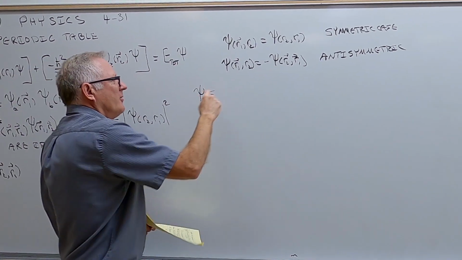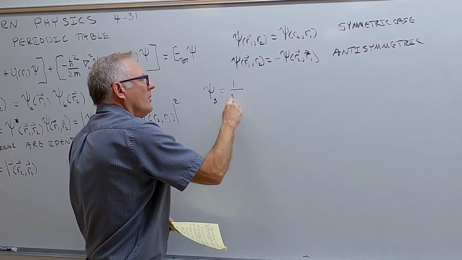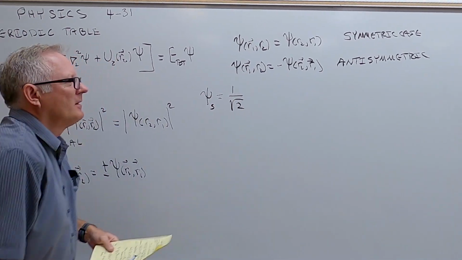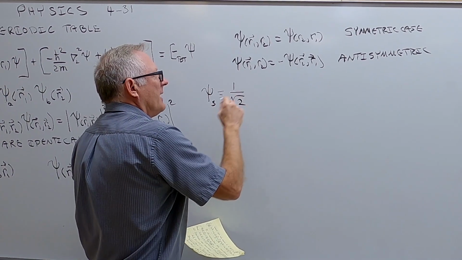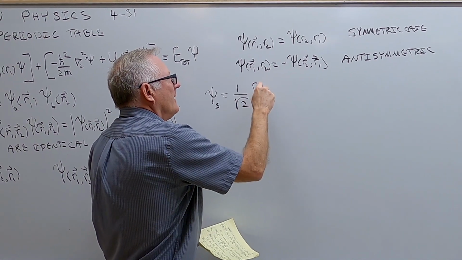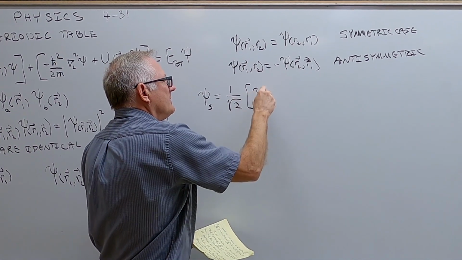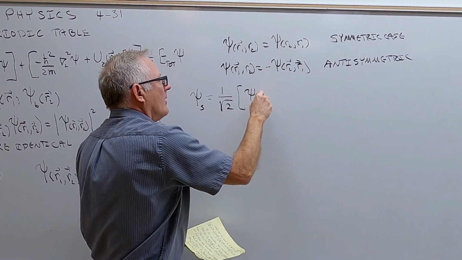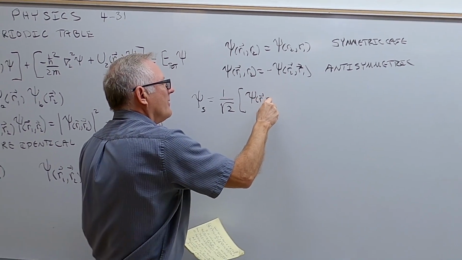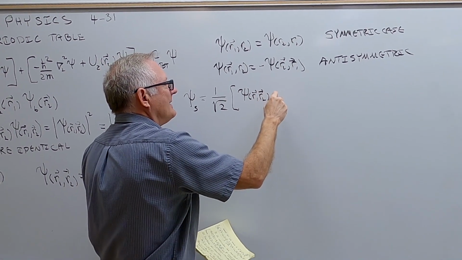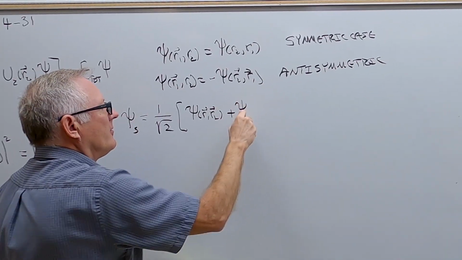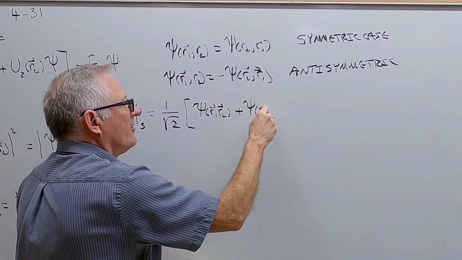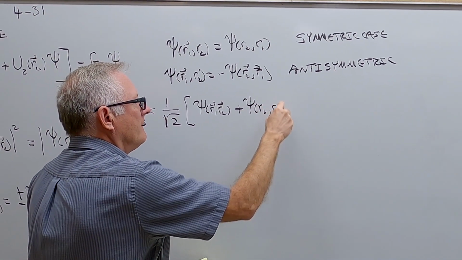It could work out either way. To normalize it, this would be the symmetric one. It would just be this plus this. Psi of R1, R2, plus psi of R2, R1,